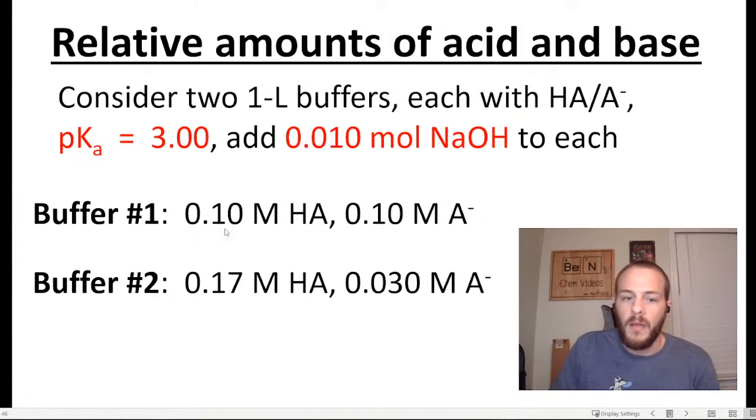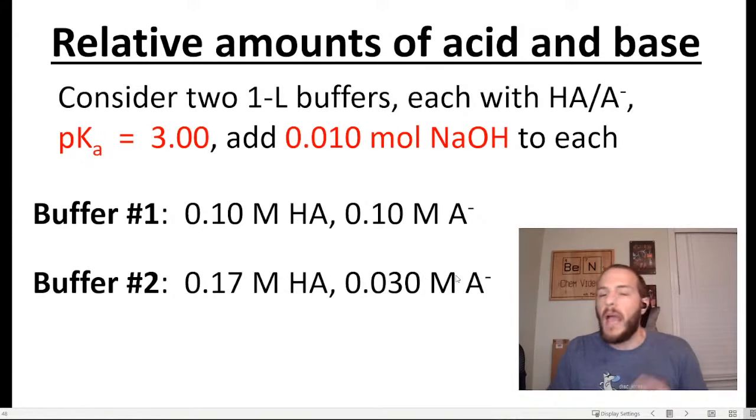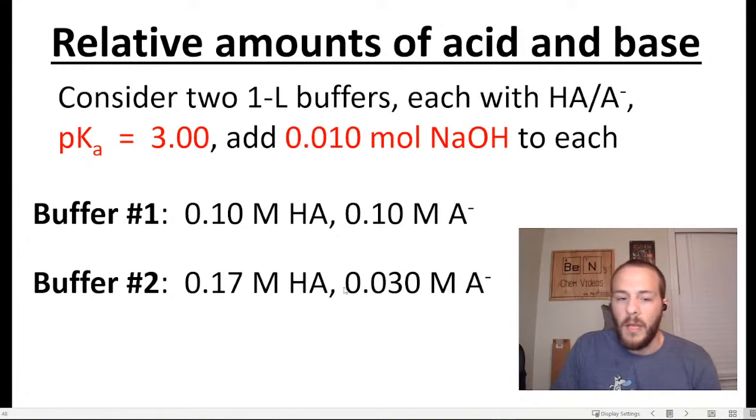In buffer number 1, the relative amounts are equal. The amount of acid is equivalent to the amount of base. And in buffer 2, there's significantly more acid than there is base. So let's calculate the percent change in pH, using the methodology that we're already familiar with that we looked at back in volume 2. Let's calculate the percent change in pH of both of these buffer solutions if we were to add 0.10 moles of sodium hydroxide to